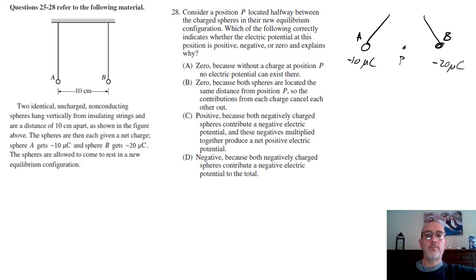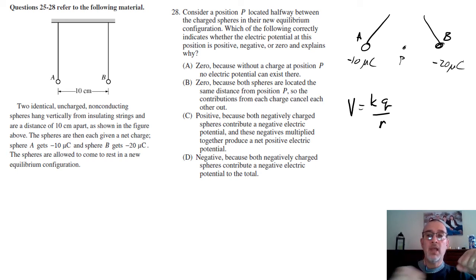Now, which of the following indicates whether the electric potential at this position is positive, negative, or zero, and explains why? Electric potential is kQ over r, and it's going to be the sum of all the kQ over r's. Electric potential is also a scalar, so we can think if it's a positive electric potential, then it would take positive work to bring a positive charge in from infinity, because we would be pushing that positive charge towards that